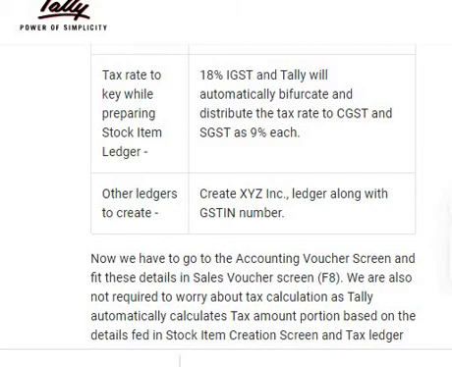And create the concerned ledgers, XYZ and other ledgers along with the GSTN number. So now we have to go to the accounting voucher screen and fill in all the details of the sales voucher screen. So everything is automatic, meaning all the tax calculations will be done automatically.